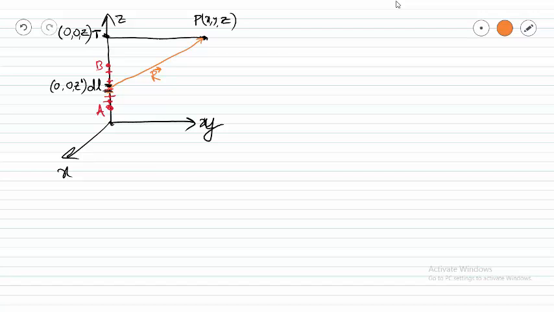Now the force due to this line charge at this point will act in this direction. This is the direction of the force. Now let us denote this angle as alpha. This is point T. The angle is between the distance vector r bar and the line PT. What is this line PT? This is obtained by projecting the point P onto the z axis.